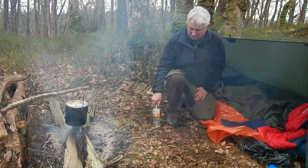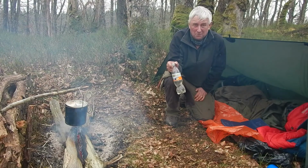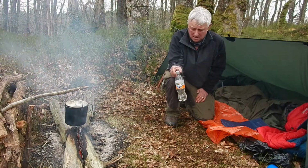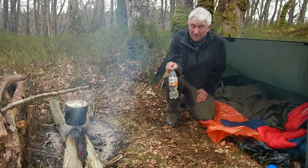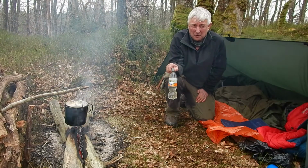Another way that you can sterilise water is just with a plastic bottle and stick it in the fire or hang it above the fire like I've done there, whatever. Now I know you're thinking to yourself, if it puts that in the fire it's going to melt. Well, hopefully it won't, and if it doesn't, I'm going to credit this trick to a course I went on